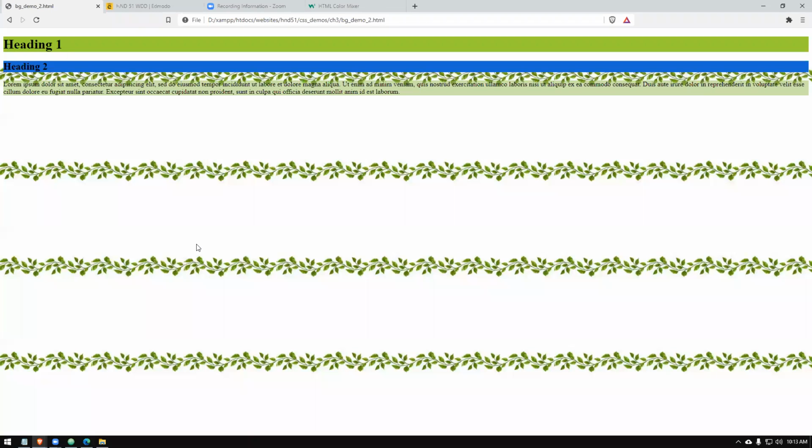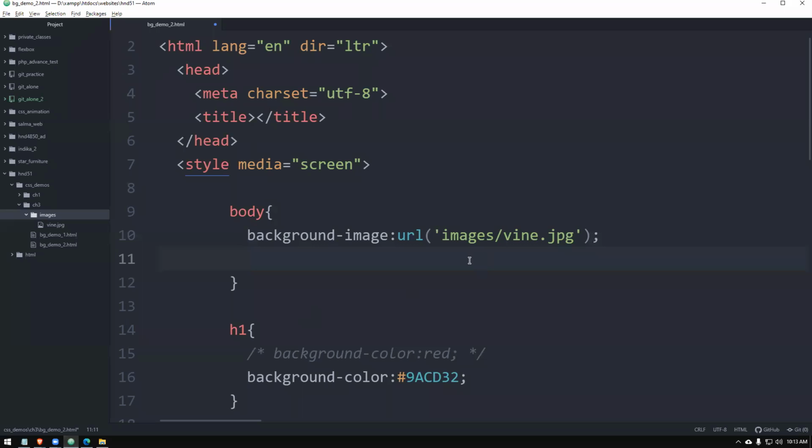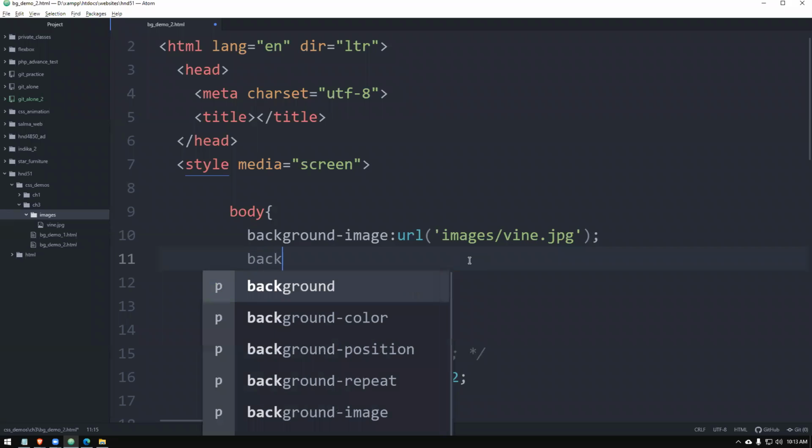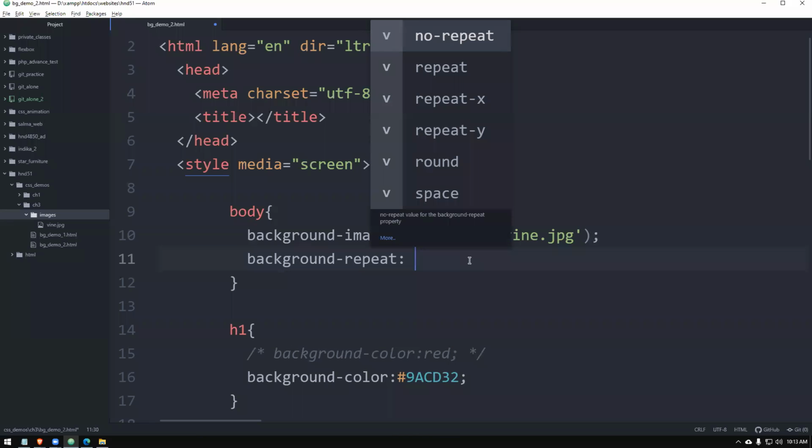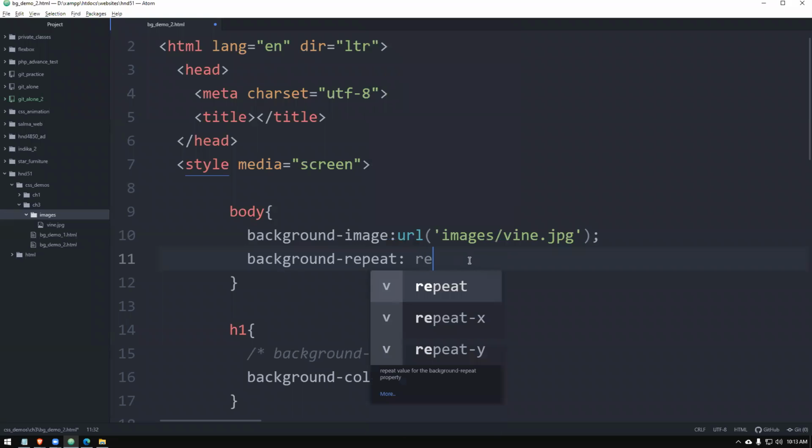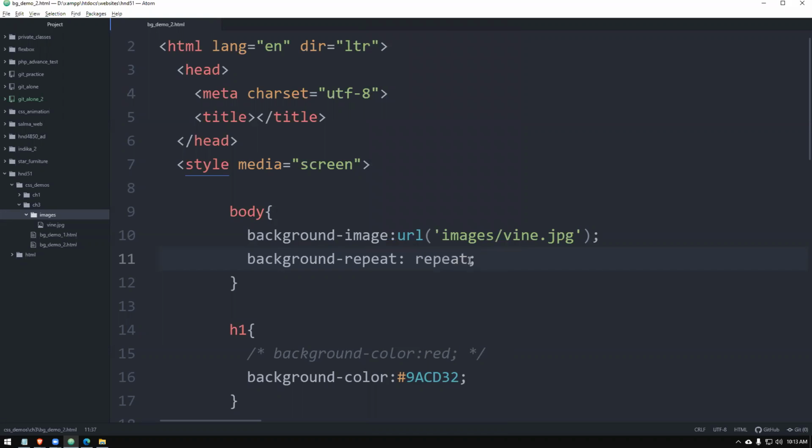Here, the second thing we're going to learn is background. There's a property called background-repeat. By default, the property is repeat. Default property is this.